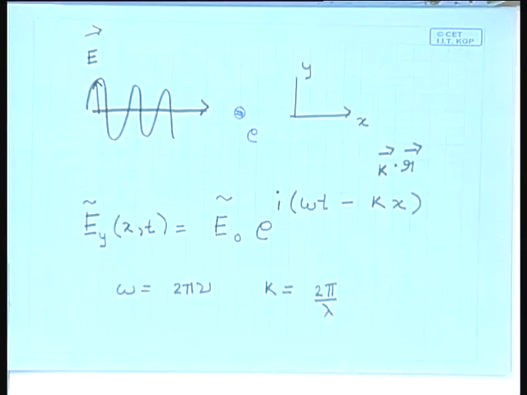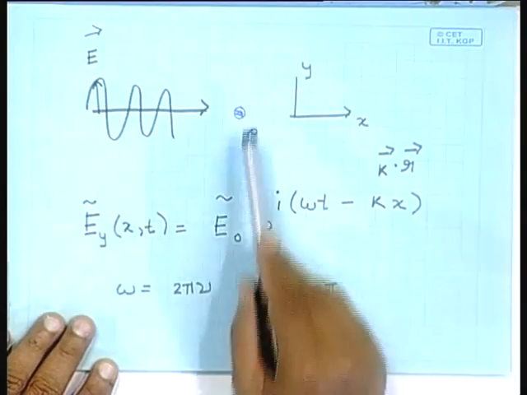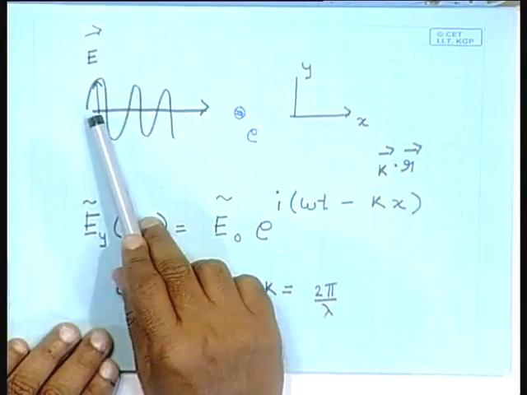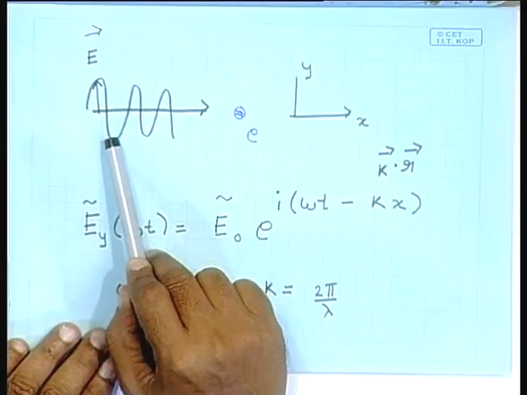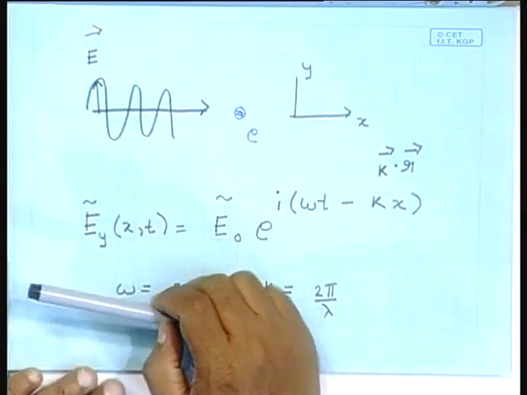Now let us analyze again what happens when this wave is incident on this electron. The electron now experiences an external acceleration and external force because of the oscillating electric field. And we have also discussed what happens to a free particle when it is under an oscillating external force. Remember that when I have a spring mass system which is being driven by an external force,